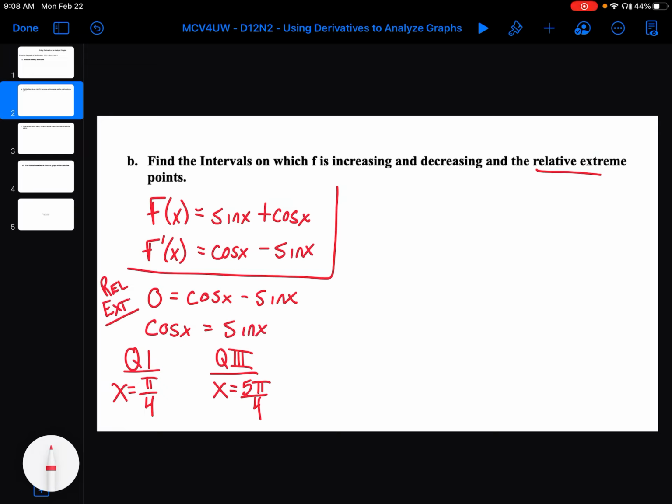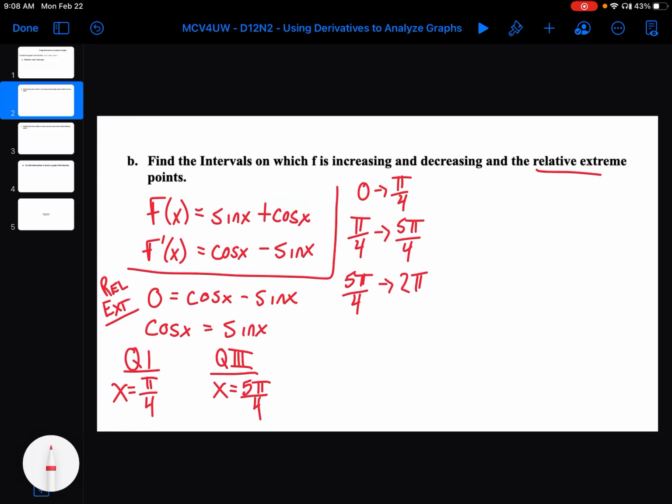Okay, now all we have to do is find out where it is increasing and decreasing. So I can sub in any point before that to find out what it's going to be. So we're going to have from 0 to pi by 4, from pi by 4 to 5 pi by 4, and from 5 pi by 4 to 2 pi. Okay, because we're looking only between 0 and 2 pi, those are the only intervals that we actually have to